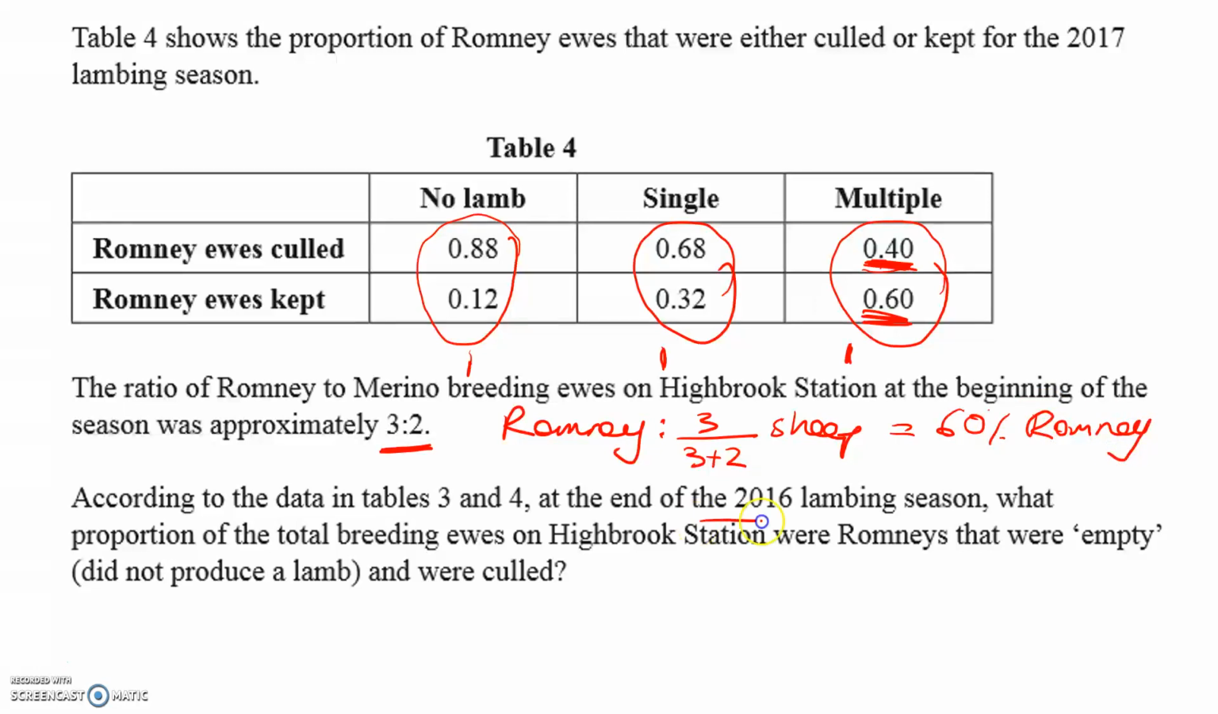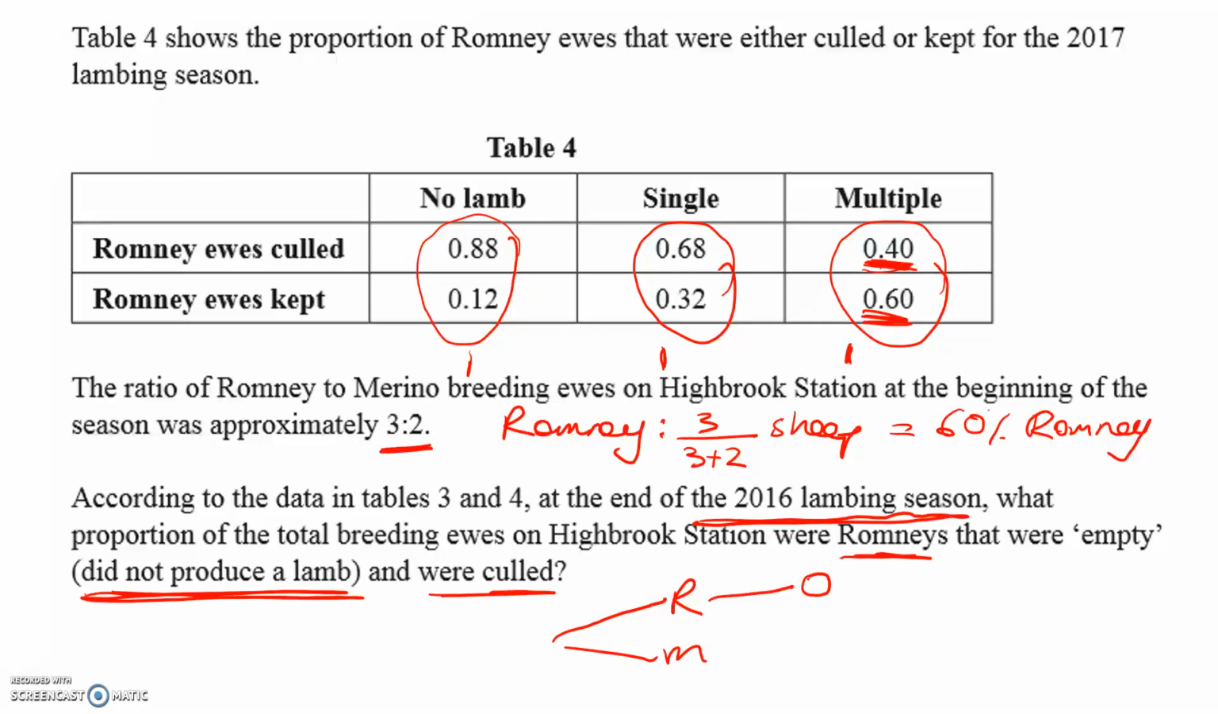Right, now, at the end of the 2016 lambing season, what proportion of the total breeding ewes were Romneys that were empty, what a horrible expression, there we are, did not produce a lamb, and were culled? So we can think about this as a tree. We want to have Romney or merino ewes that produced no lambs and were culled. So the question boils down to a really simple little tree, and so that probability will be, I'll put it up here, what have we got? So the probability of Romney, no lambs, and culled